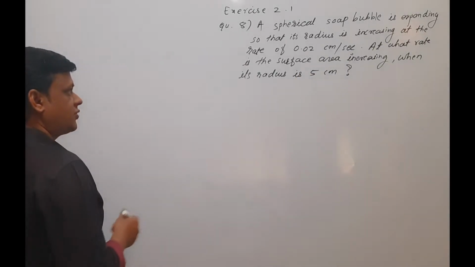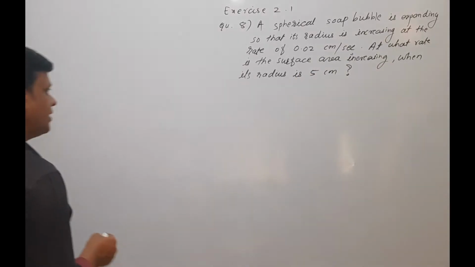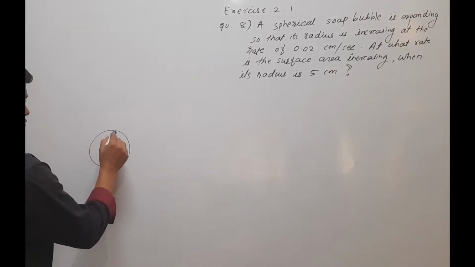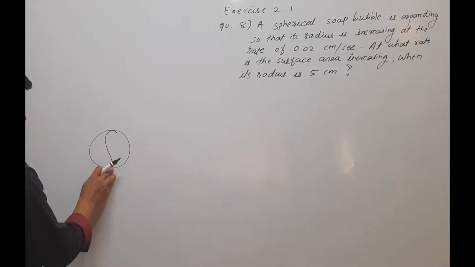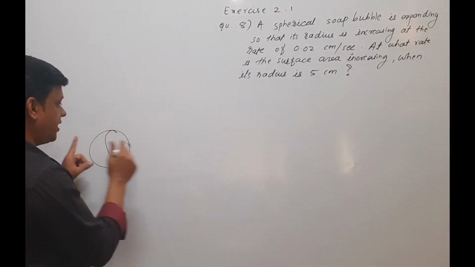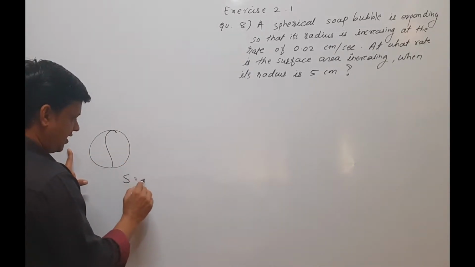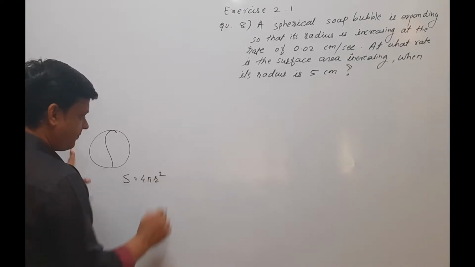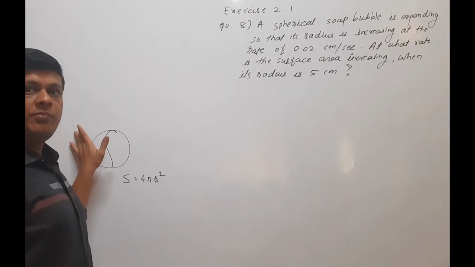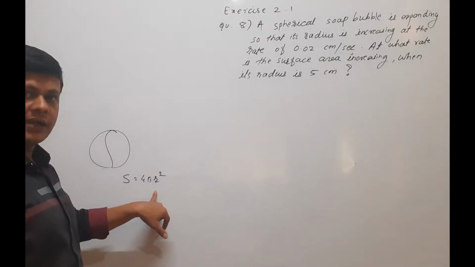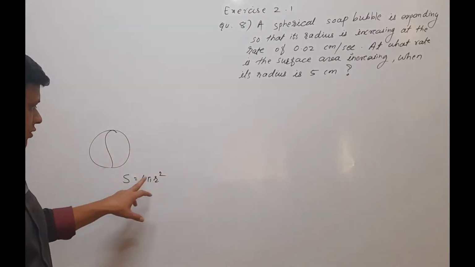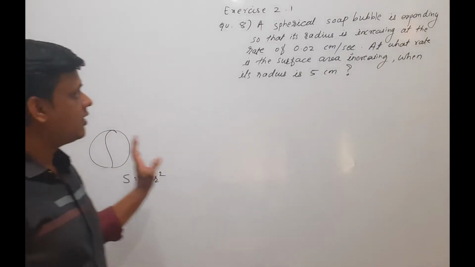Now see here, a spherical soap bubble is expanding. That means here we have to consider a sphere. Soap bubble is nothing but a sphere, and we know that surface area of sphere S is equal to 4 pi r square. That means we consider a spherical soap bubble of radius small r. Therefore, the surface area of soap bubble we consider S equals 4 pi r square. Then given part is